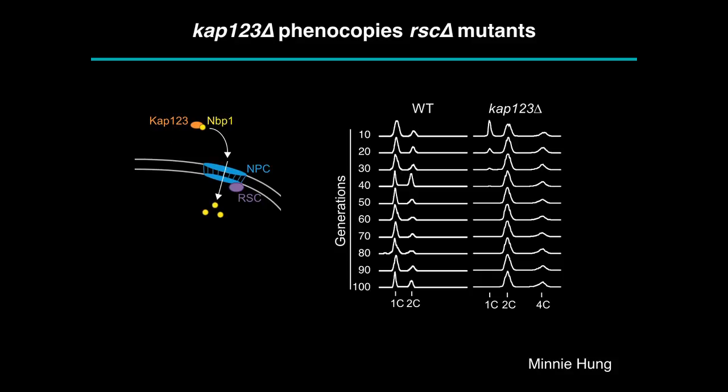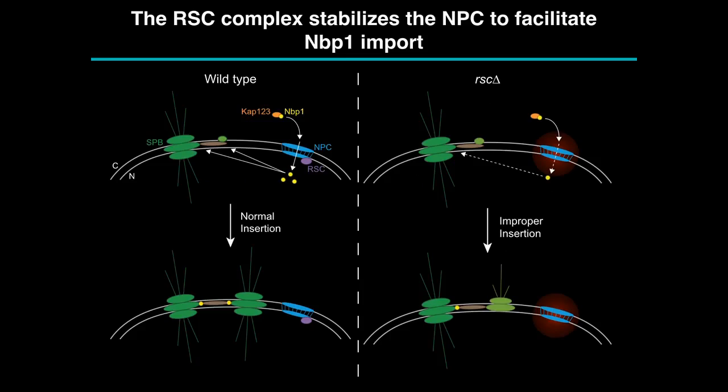And indeed we do. So this experiment was done by another graduate student, Minnie Hung, and you can see that the wild-type strain is haploid, while the CAP123 delete diploidizes over time and is completely diploid by about 40 generations after germination. So this leads me to our model, where the RISC complex binds the nuclear pore complex to facilitate the appropriate transport of NBP1 into the nucleus, where it localizes rapidly to duplicating spindle pole bodies to facilitate insertion